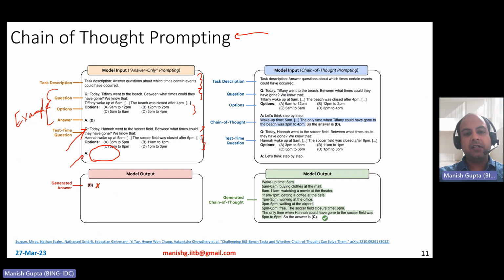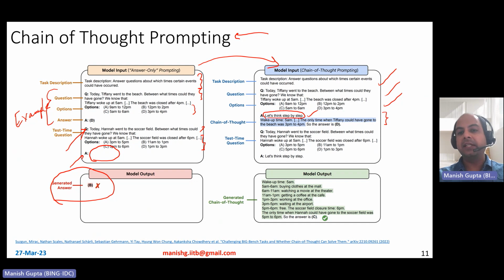Now, in general, this kind of stuff has been shown to not come up with very good answers. But what has been shown to improve on these is what is called chain of thought prompting, where you still have the task description, question, options, and answer, but then the answer is descriptive in nature. It's like thinking step by step. So producing the chain of thought, chain of logical reasoning, why the answer is D. And then of course you give your own question with options and ask it to think step by step. And people have typically observed that it not just provides you a detailed answer, but also provides you typically right answers, more correct answers.